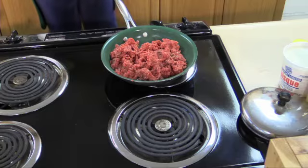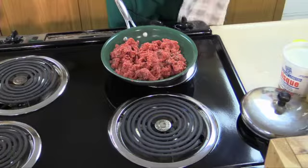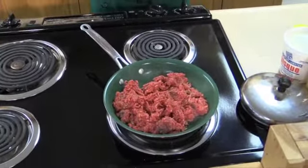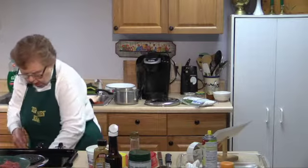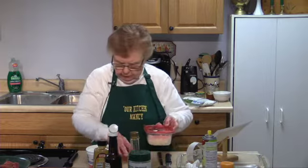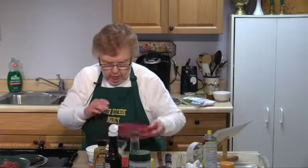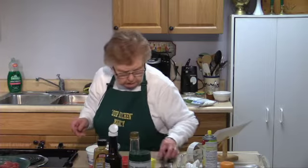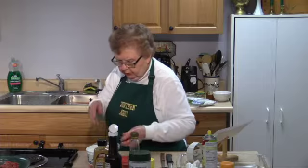Okay. So, along with the Hamburg sauteing it, I want to add 1 medium onion diced, and if I had it, 2 celery ribs diced,